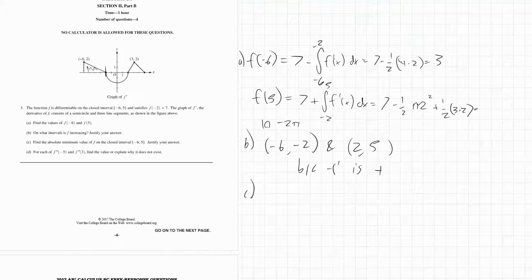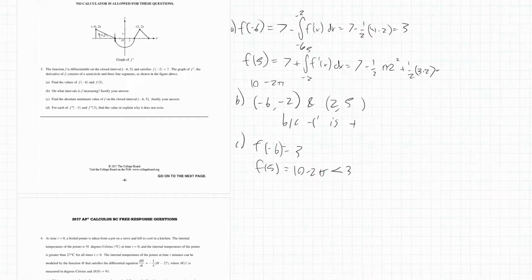So now for part C, it says to find the absolute minimum value of f on the closed interval of negative 6 to 5 and to justify your answer. We're going to need to find a few points here. We know from part A that f of negative 6 equals 3, and that f of 5 equals 10 minus 2 pi, which is less than 3. Now we need to test the endpoints and the other important point. So we'll find f of 2